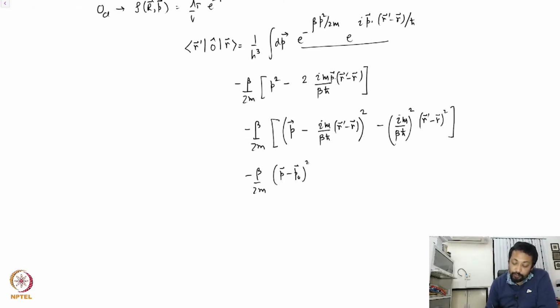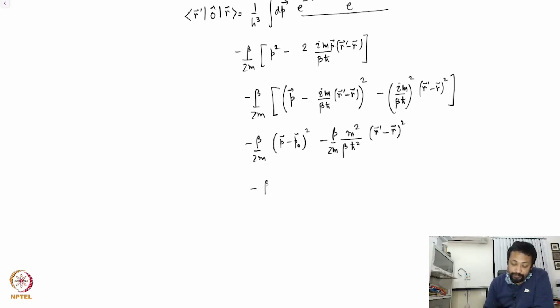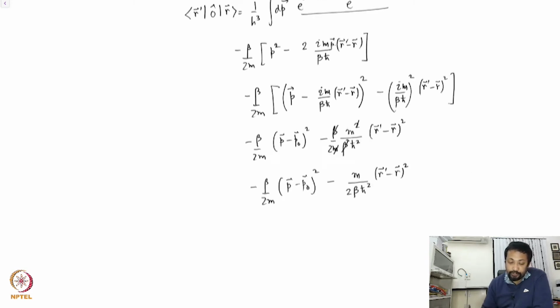so that this becomes very nicely (p − p0)² and then I have a minus minus that makes it a plus, but then I have i², which makes it a minus. I have m²/β²ħ² (r' − r)² times β/2m, so that this becomes β/2m (p − p0)² minus, this β gets cancelled, it gives me one power of β, because this is β² over here. I get m over here, and then I get 2βħ² (r' − r)², so that the